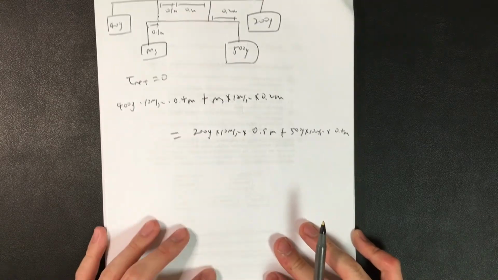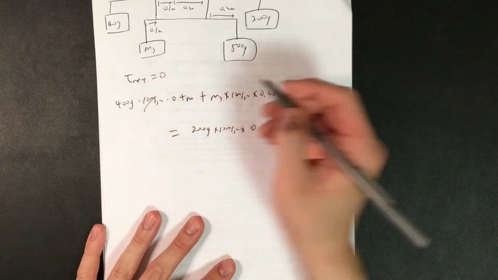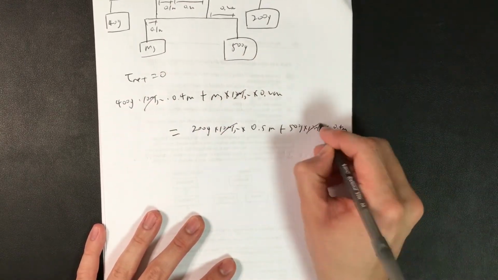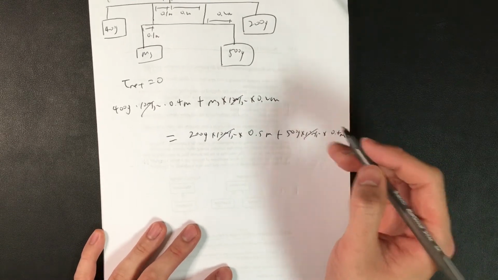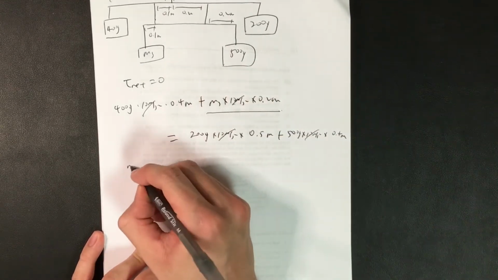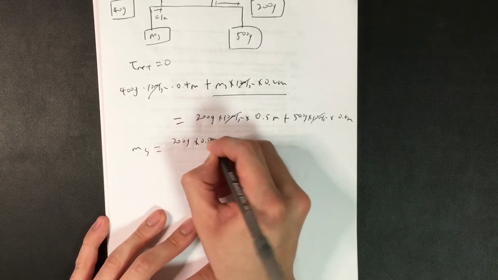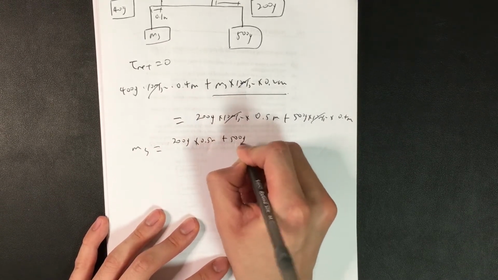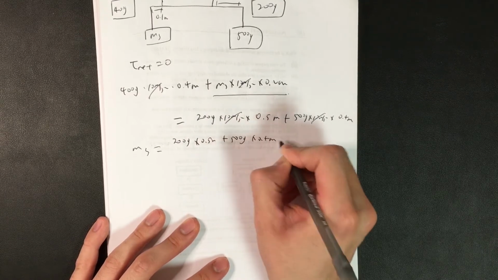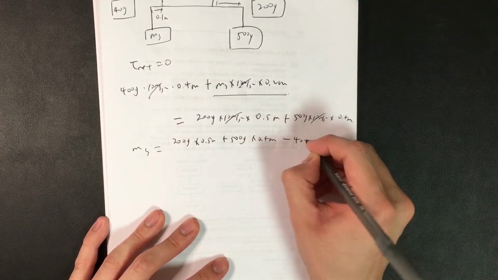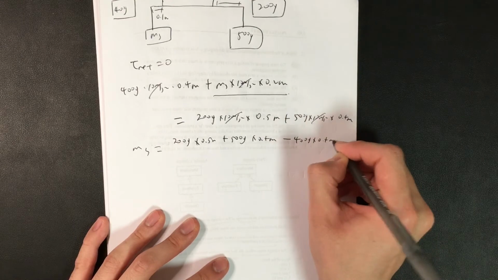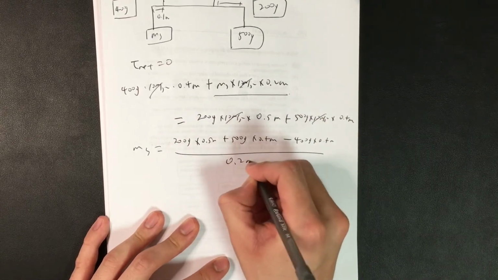Now here, the gravitational acceleration, the 10 meters per second squared, can all be canceled off, in which if I solve for m3, I get m3 equals 200 grams times 0.5 meters plus 500 grams times 0.4 meters minus 400 grams times 0.4 meters,